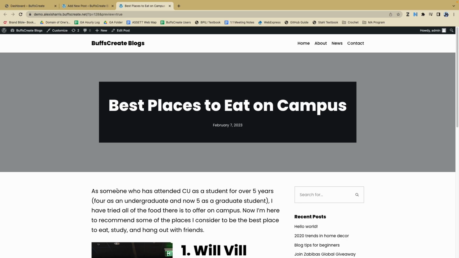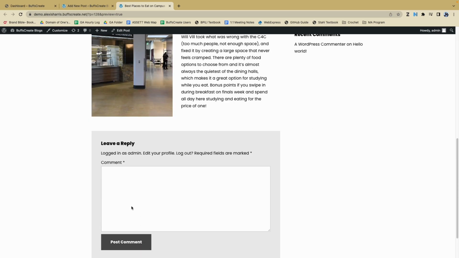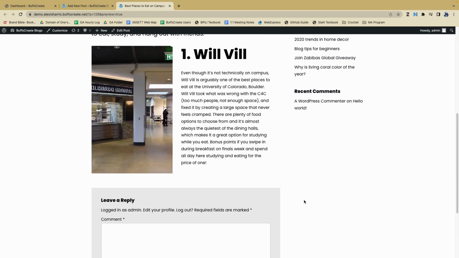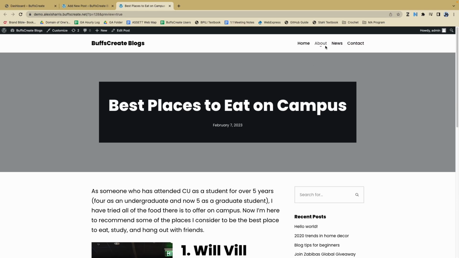You'll also see that because this page is a post, there is the ability to comment, and you can see the other recent posts on the right sidebar. Pages will likely not have the same layout as they are meant to be static. So, going back into the post editor,